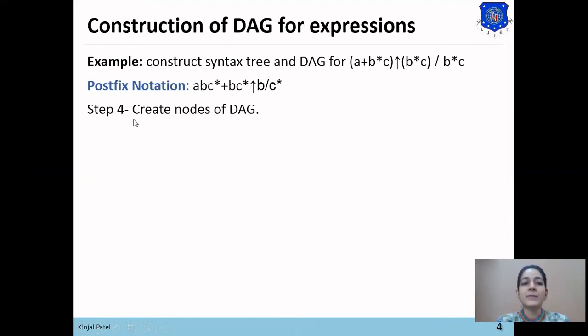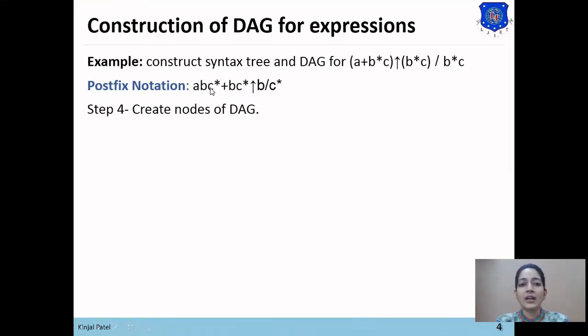So we will not create nodes for the common sub expression of this postfix notation. Here you can see the common sub expression B C star appears again in the expression, so we won't create the nodes for this B C star.